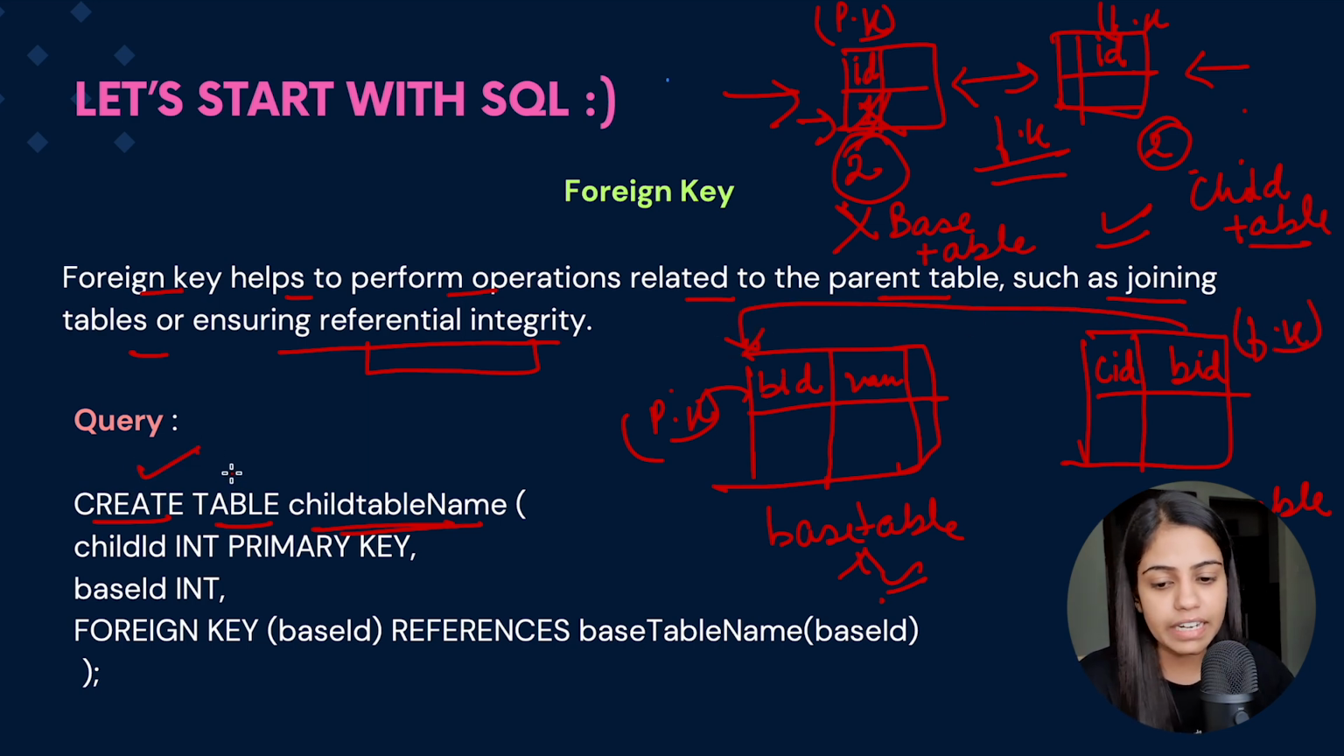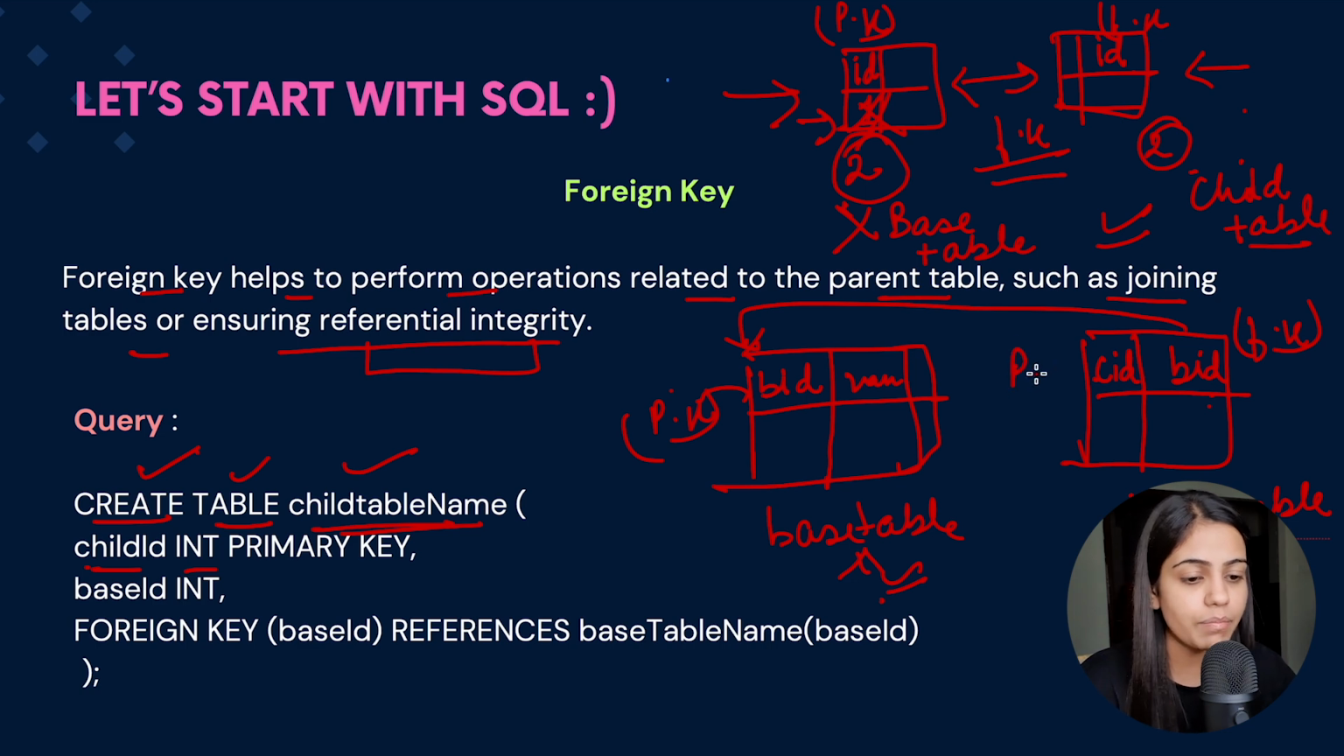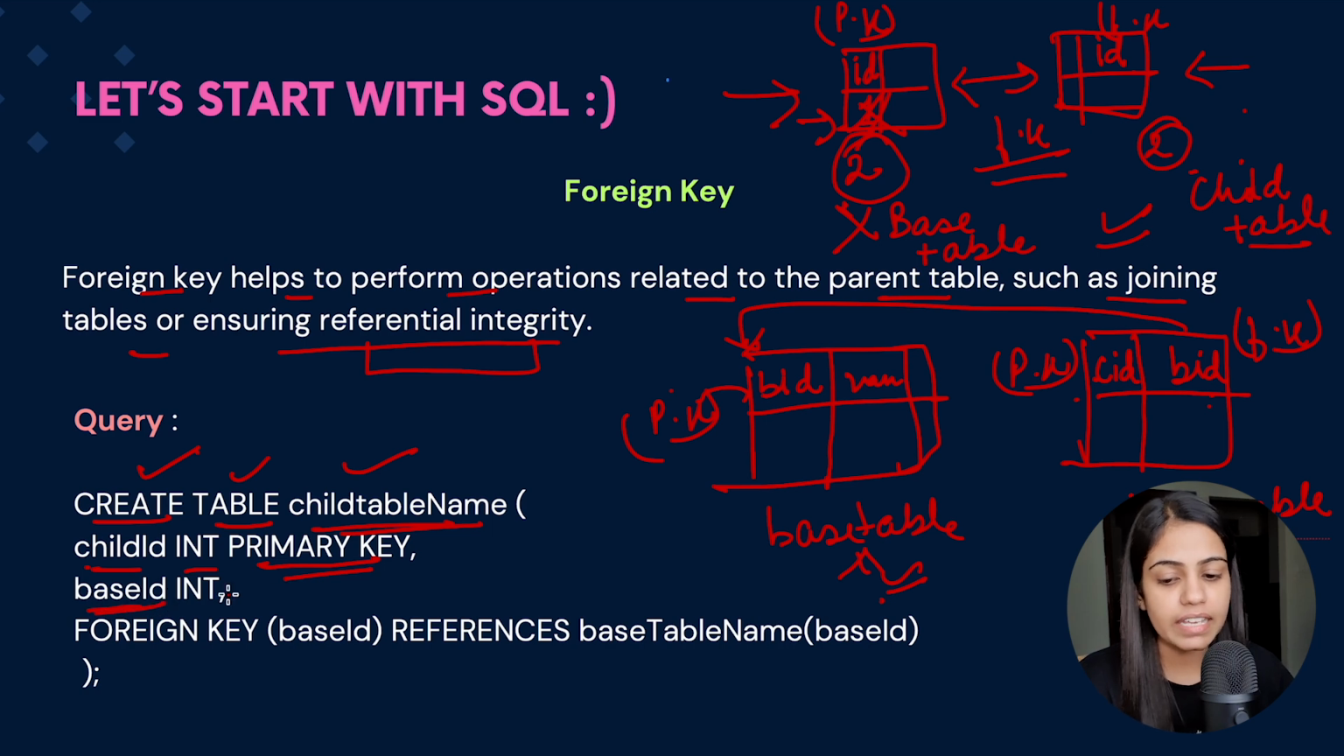So we'll give create table followed by the child table name. Then we will give all the attributes which are present here. So child ID, then we will provide the data type, that this attribute would be taking only these values. So we will provide int, and here CID is acting as a primary key, so we will provide this primary key constraint as well. Then we will provide the base ID and then all the values which are accepted by the base ID,